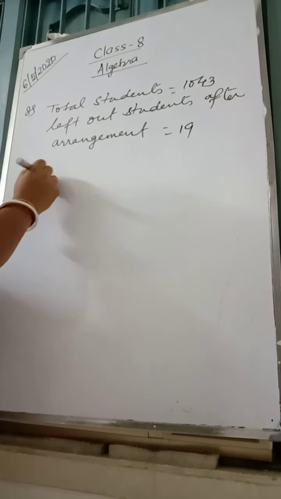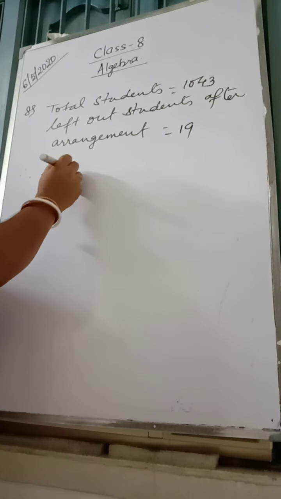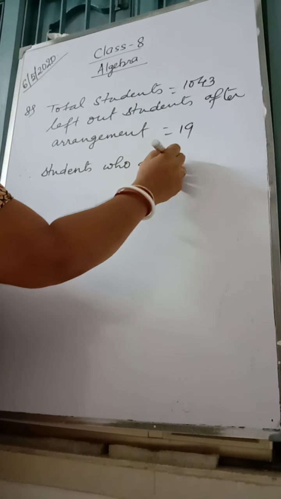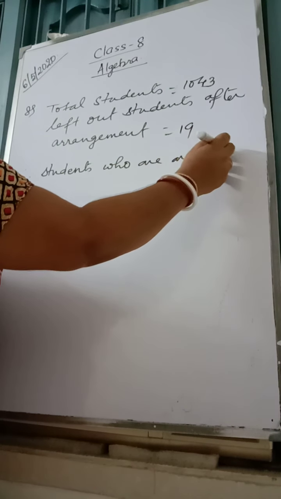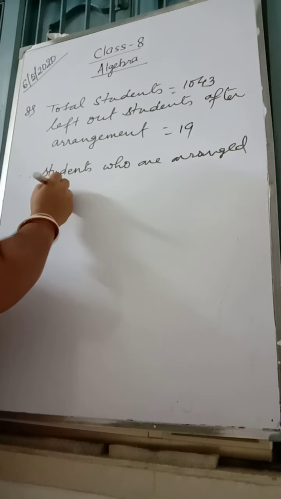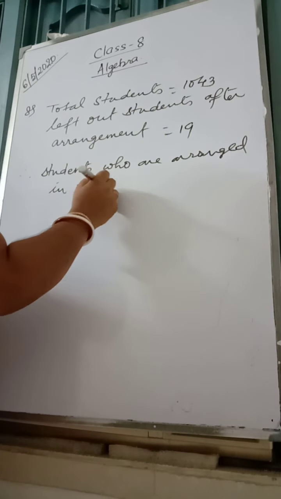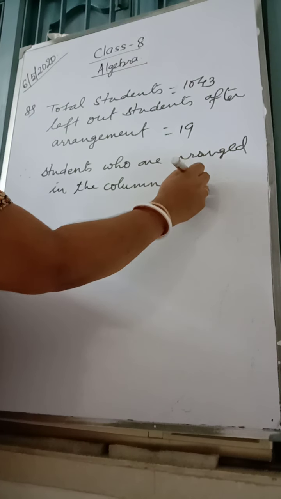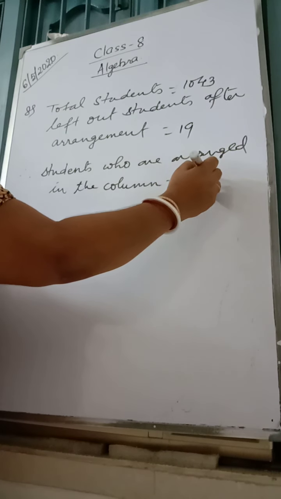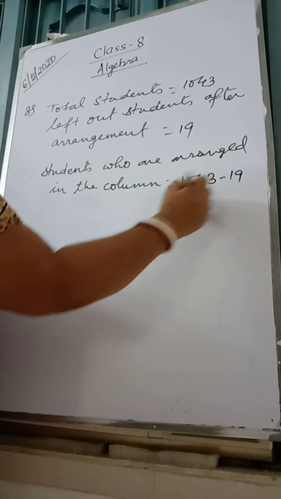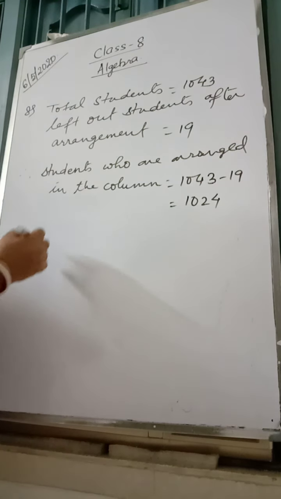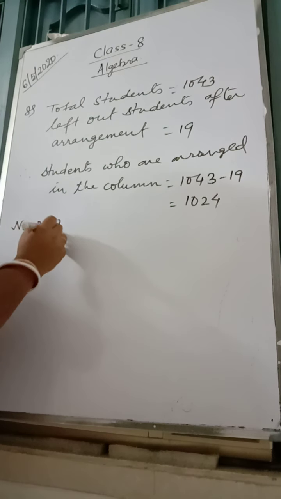So students who are arranged in the column is equal to 1043 minus 19, 1024. Now number of students